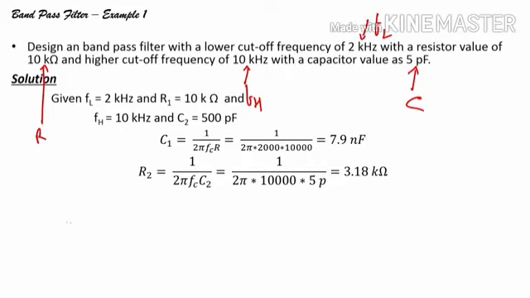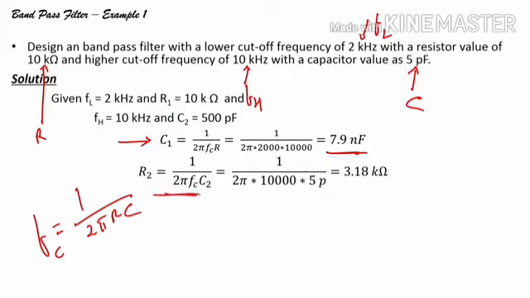So, we know that F equals, correct. So, from here we can find C equals 7.9 picofarad, correct. Now, for the second one, we know this is for the first one, right. So, F again equals, so FC1, FC2 we can say like this, 1 by 2 pi, right.